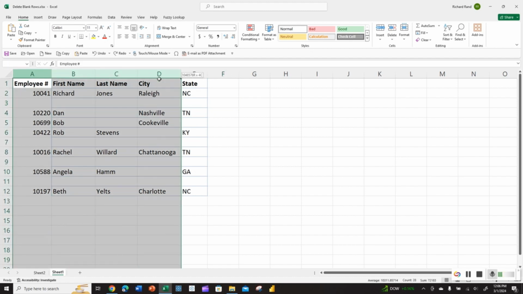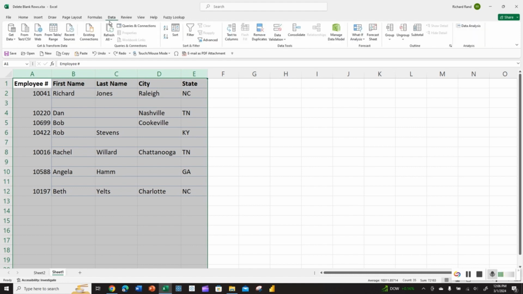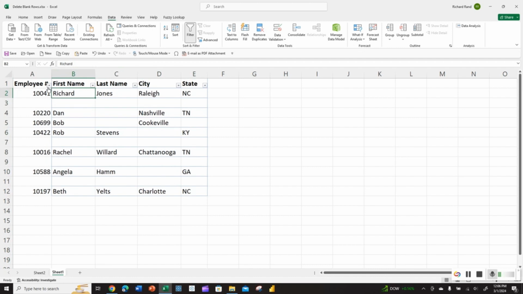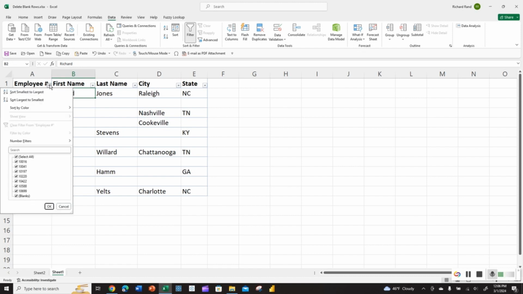What we can do is highlight our columns, go up to the Data tab, and hit Filter. Now, when I hit Filter, it actually adds a filtering tool to each one of the column headers. I could get this same filtering tool if I change this to a table, but right now I just want to keep it as a range of data. So if I hit this and go to Select All down here on my filter and turn them all off, but turn back on the blanks, I only want to show the rows that have blanks. When I do that,